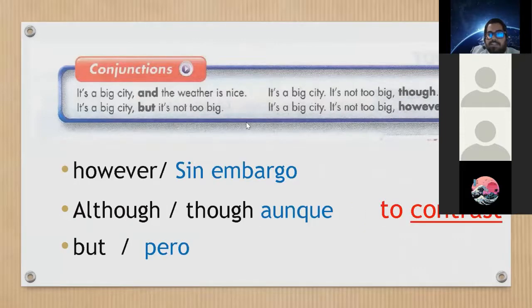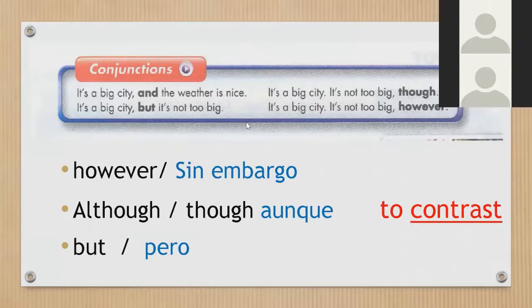Pero también tenemos los connectors to contrast ideas. In this case, lady, they help us to contrast ideas, okay, para contrastar ideas. Por ejemplo, que yo te diga, in my case, for example, I like reggaeton. No, that's not true. Let me change the idea. I like rock music. Okay? Y voy a contrastar la idea. I like rock music. However, okay, o puedo utilizar el but. However,